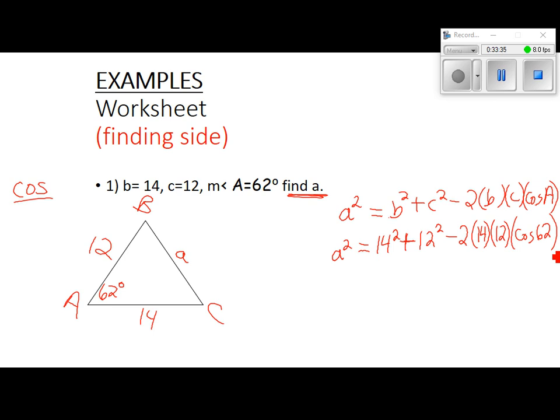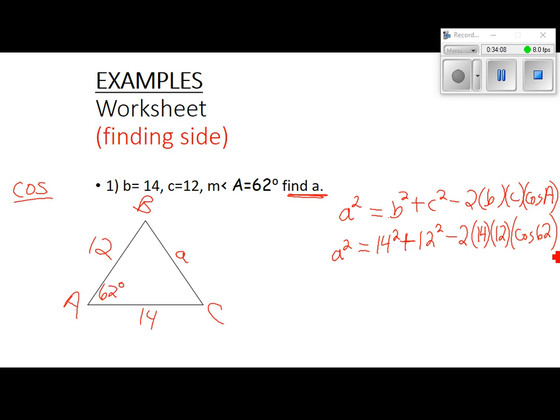Now grab your calculator, because I'm going to tell you how to punch this in. You have to be careful with some calculators because of the parentheses. Some of them put parentheses in for you, some of them don't, and then it will say error at the end because you didn't close or open a parenthesis. So when I type this in, I would type it in just like this. Type in 14 squared plus 12 squared, don't hit equals anywhere in this,